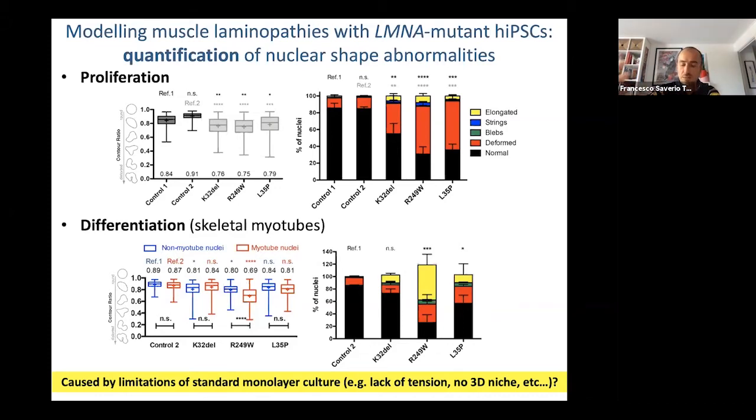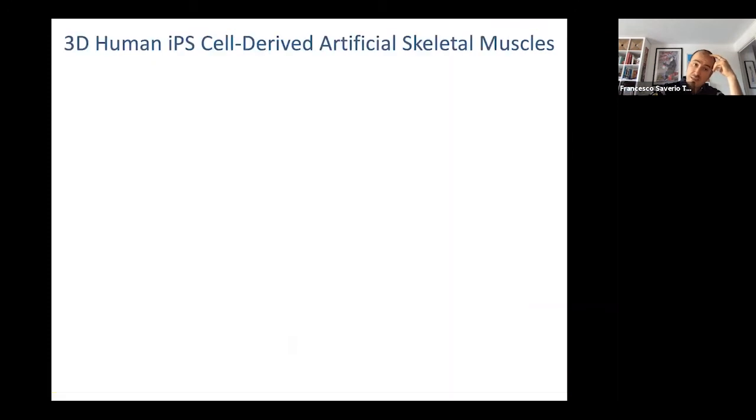And you know, muscle is a tissue which is highly dynamic, is subjected to tension. There is a complex three-dimensional niche, as I said in one of the first few slides. So we wanted to have a better system to recapitulate the three-dimensional muscle structure and the forces applied to muscle, to see whether those will give us a different outcome on the nuclear morphology, closer to the real life scenario. And luckily for us, at that time, we had another project going on in the lab,